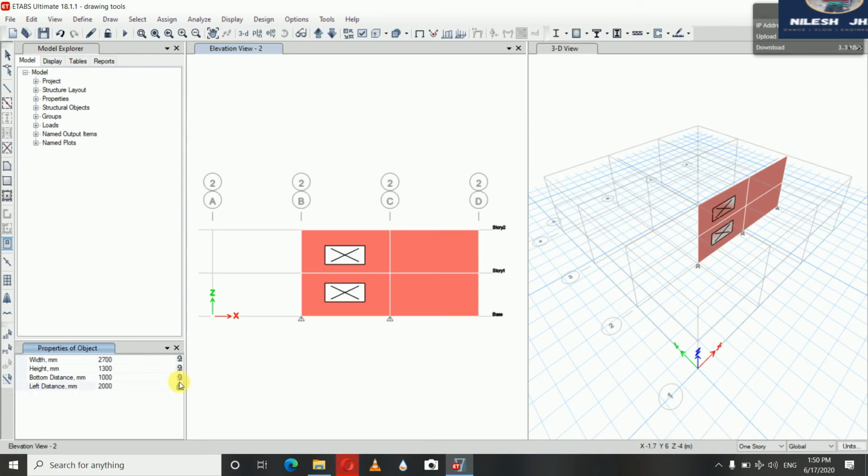And I will lock all these four properties, and you can see whenever I put my cursor in that area, you can see the box of opening, and in a single click it will create an opening there.